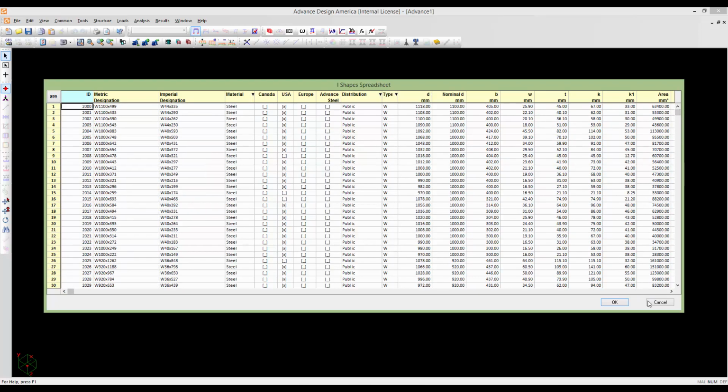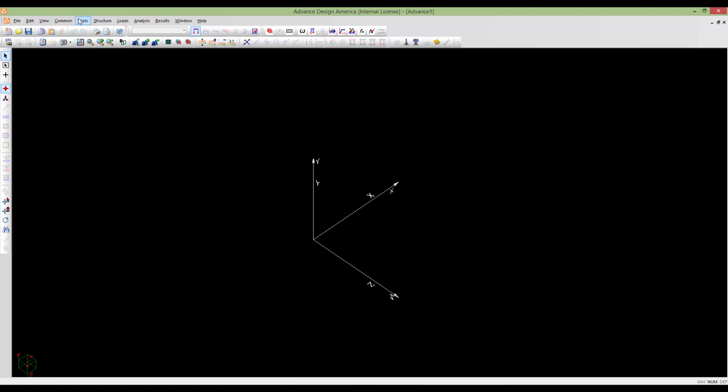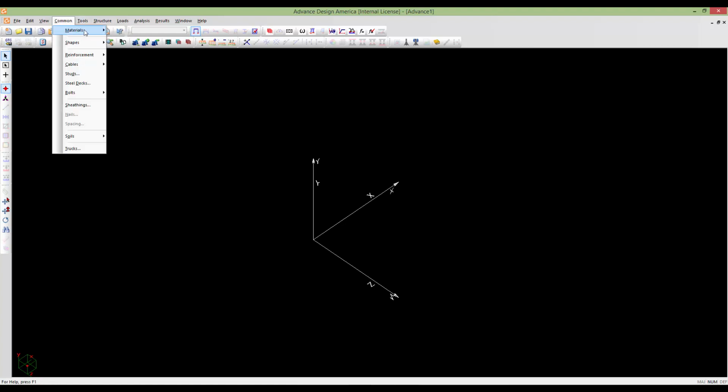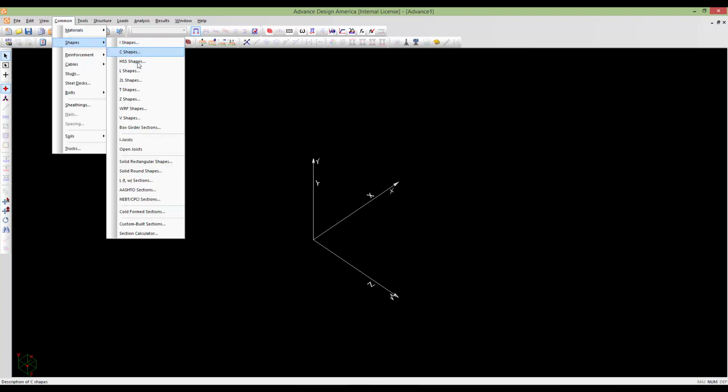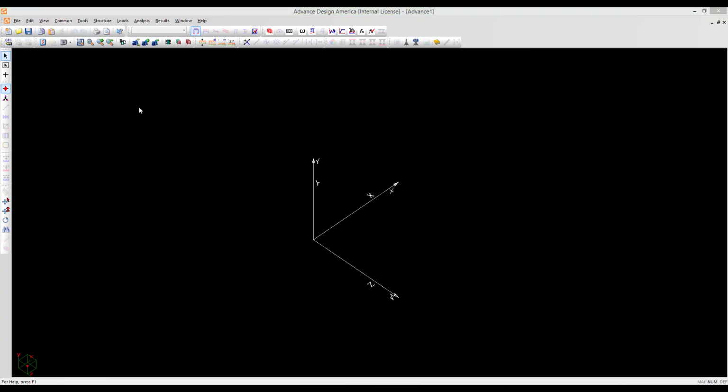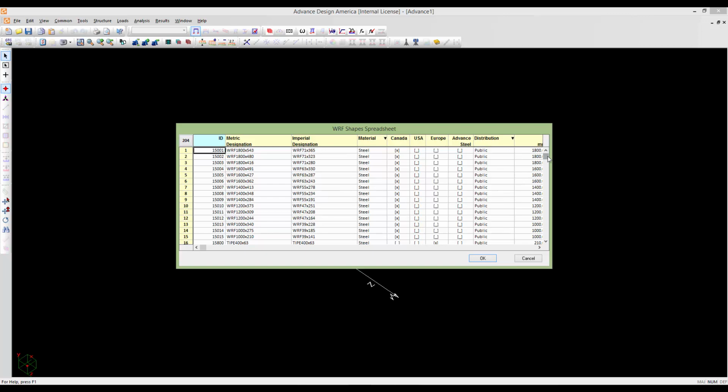Also, you can add your member here as a W or F shape. If it is a plate girder, you can use this type of section. So in this project, let's go with